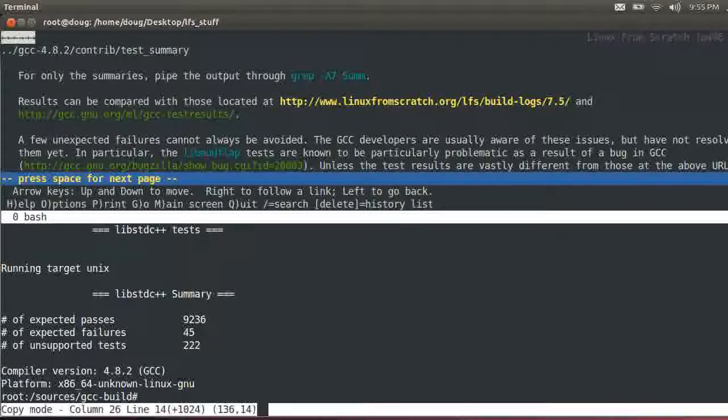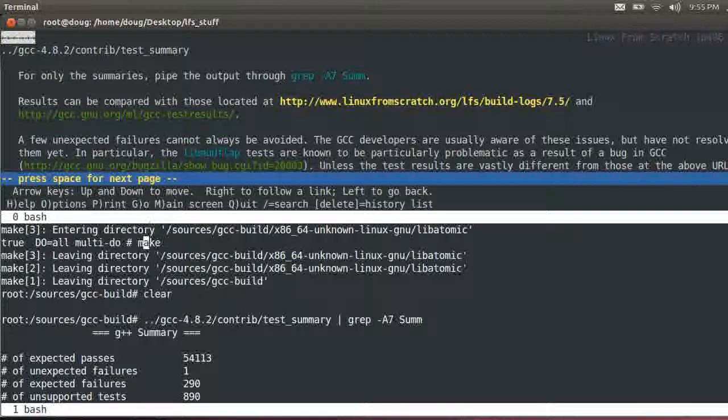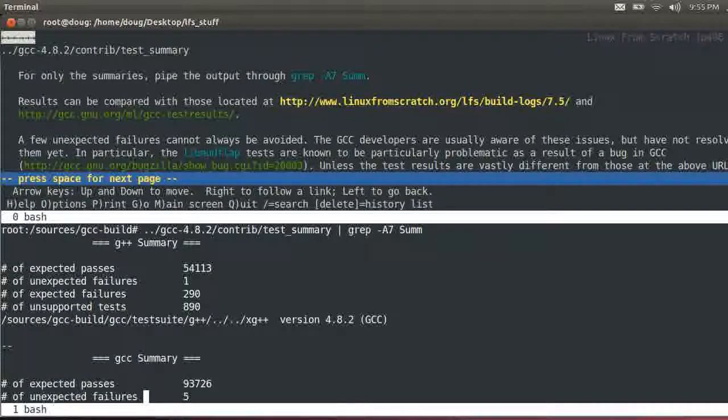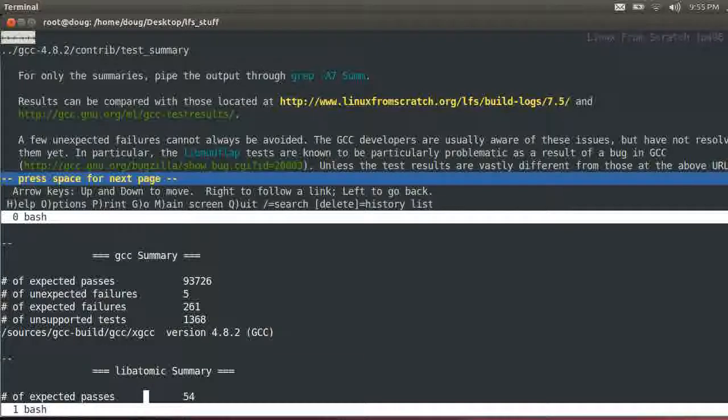Now, is this important? I've never really read this, to be honest with you. Yeah, I haven't really read this, but you could read this. Unexpected failures 1, expected failures 290, of supported tests, expected passes.